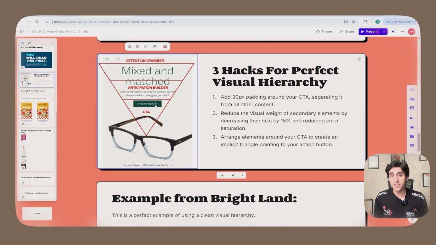If you run an A/B test with this, you'll see the difference. And the third thing you want to do is arrange elements around your call to action. So you create an implicit triangle pointing to your call to action button, which right here, as you can see